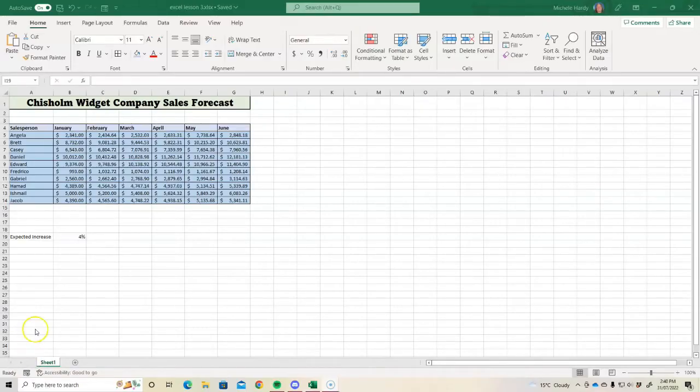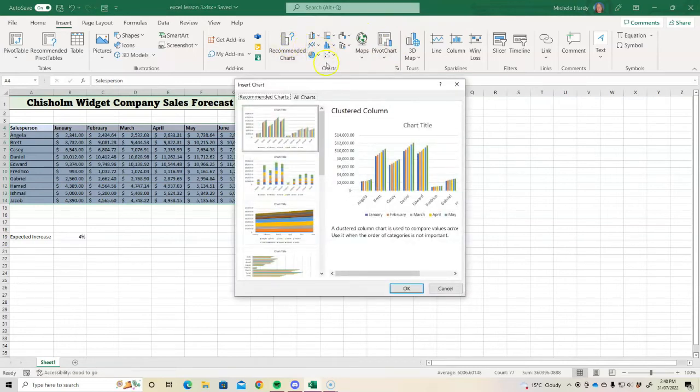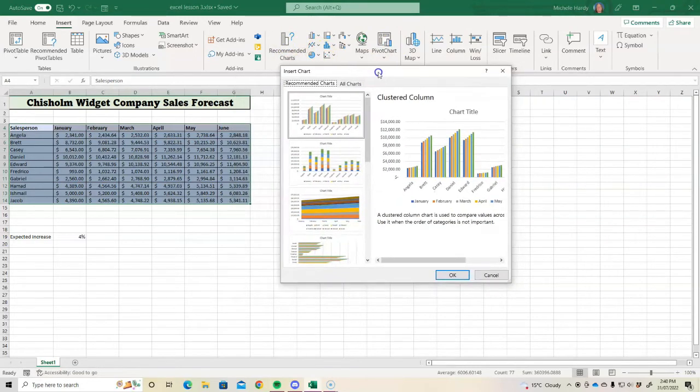So this is Excel 5 and I'm just going to show you some basics in creating a chart. To create a simple chart, just highlight the information that you want to chart, and I'm just going to go with the default recommended chart. So you can select whichever chart you want and change it around, but I'm just going to go with recommended charts. That's where Excel will look at your data, analyze it a bit, and give you some suggestions of what